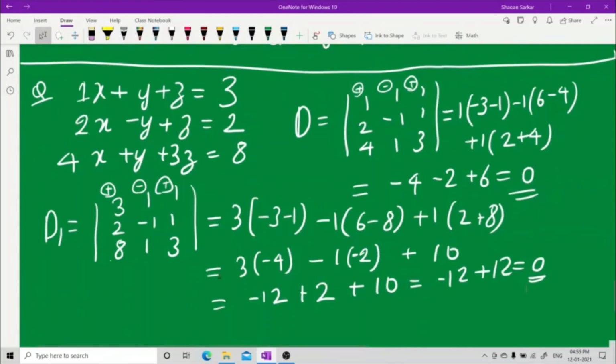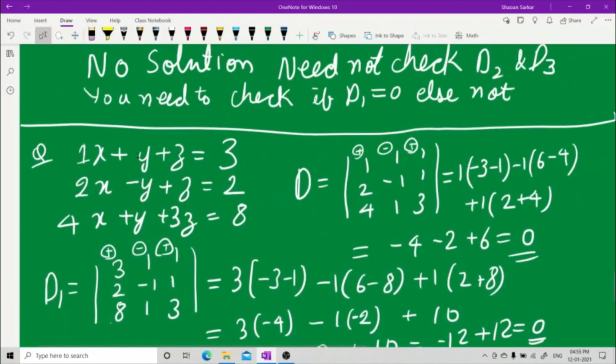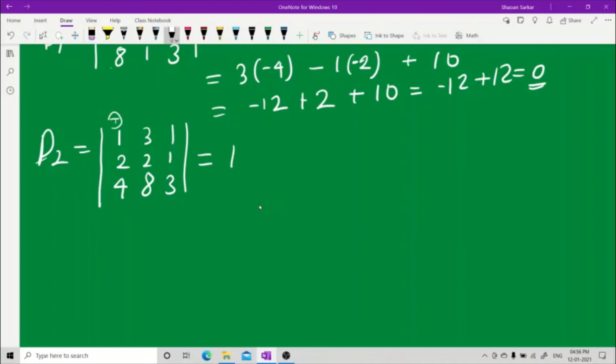Now let's check D2. Let's see what would be Z2. You will have to replace the coefficients of y with these 3, 2, 8. Wait, let's go down and let us see what to write. 1, 2, 4, and 3, 2, 8, 3, 2, 8, and 1, 1, 3. And then you have your 1, put a plus sign, put a minus sign, put a plus sign, and then